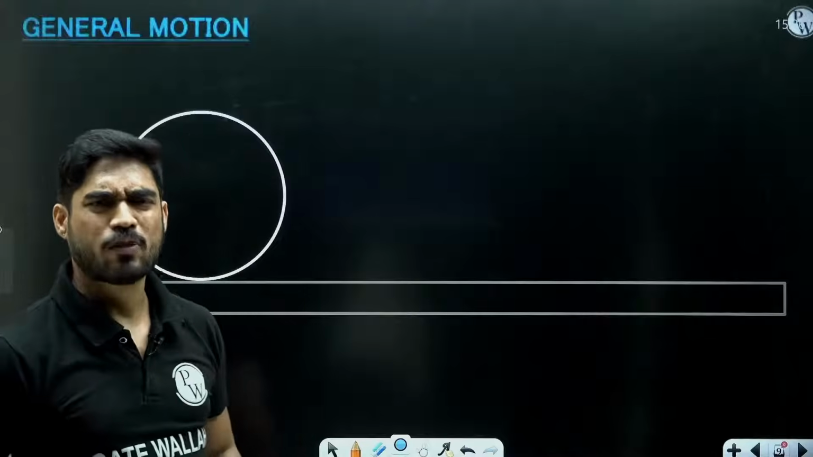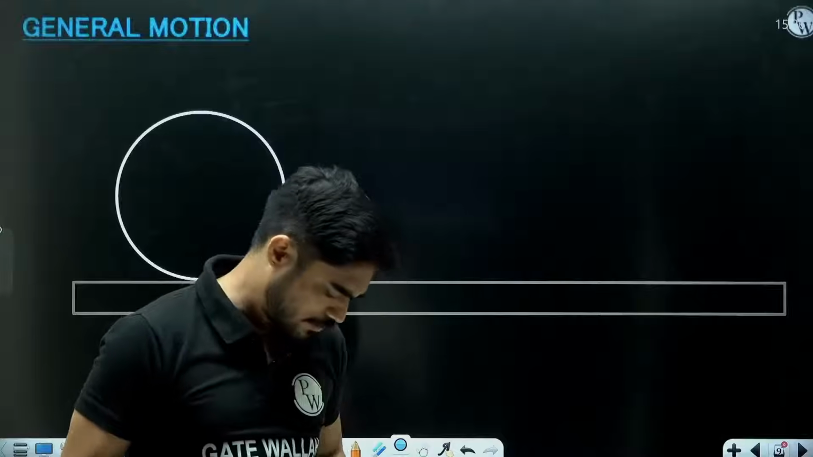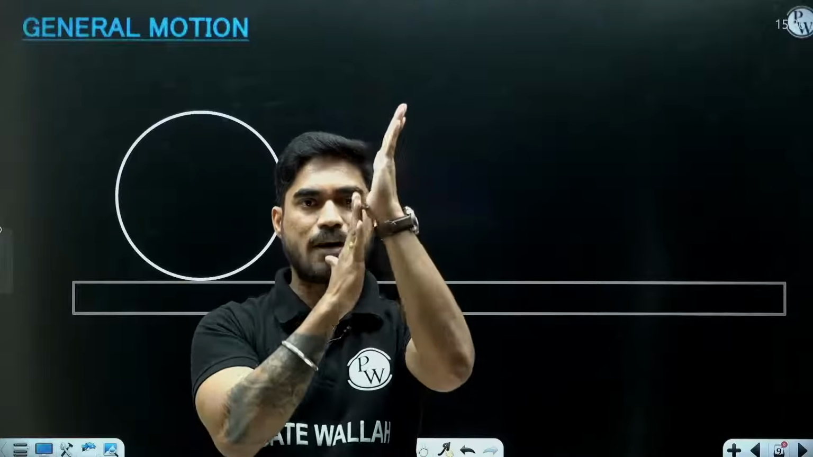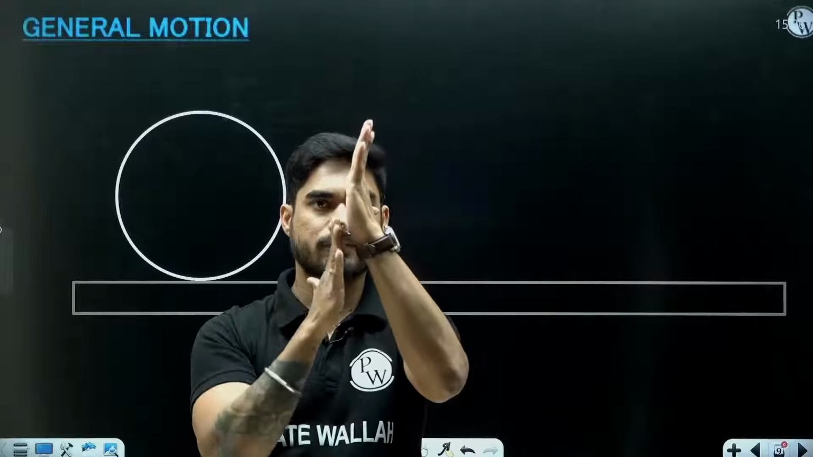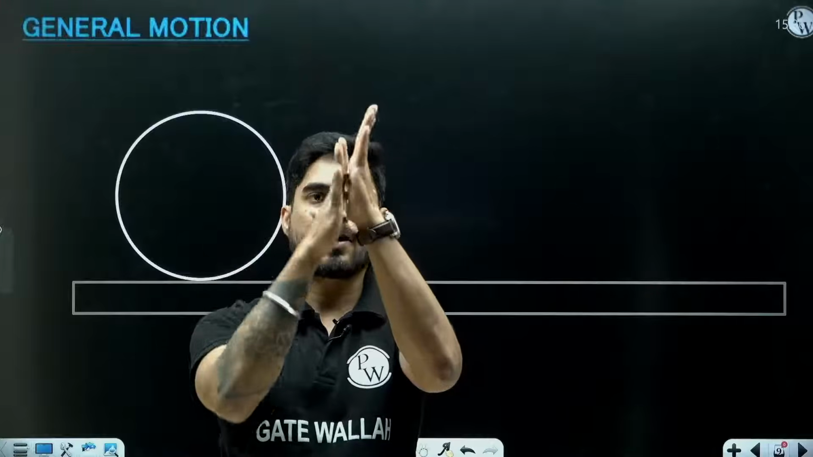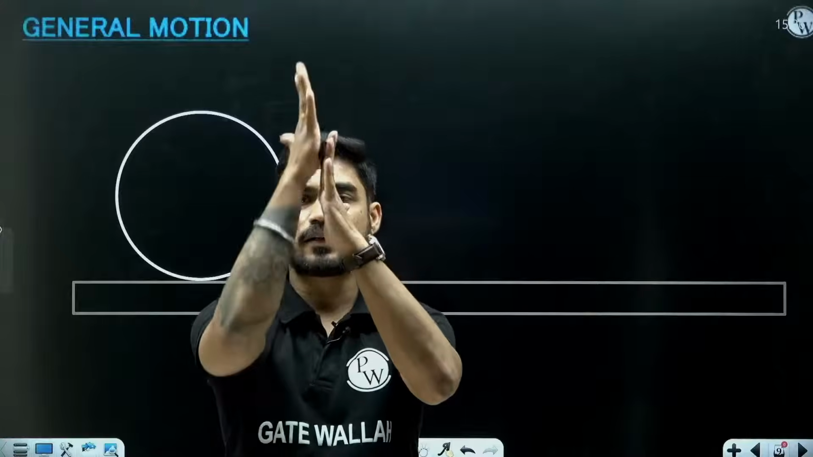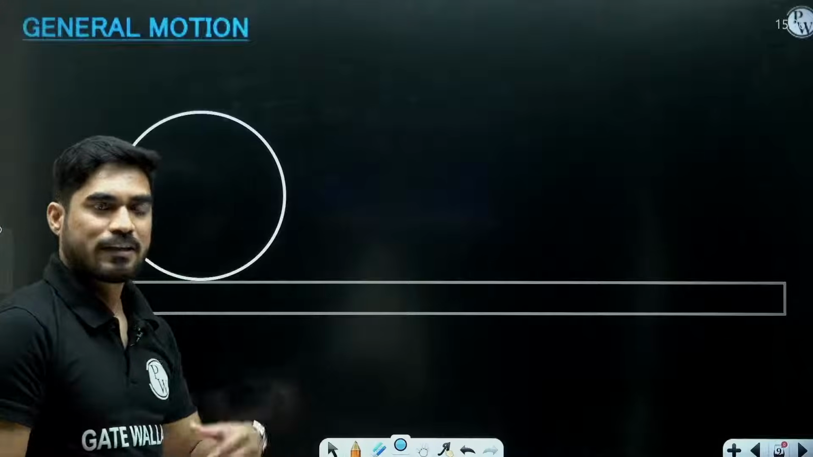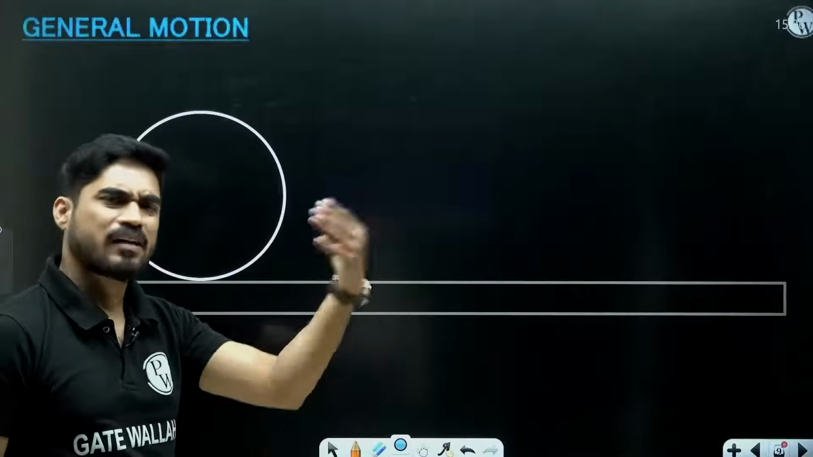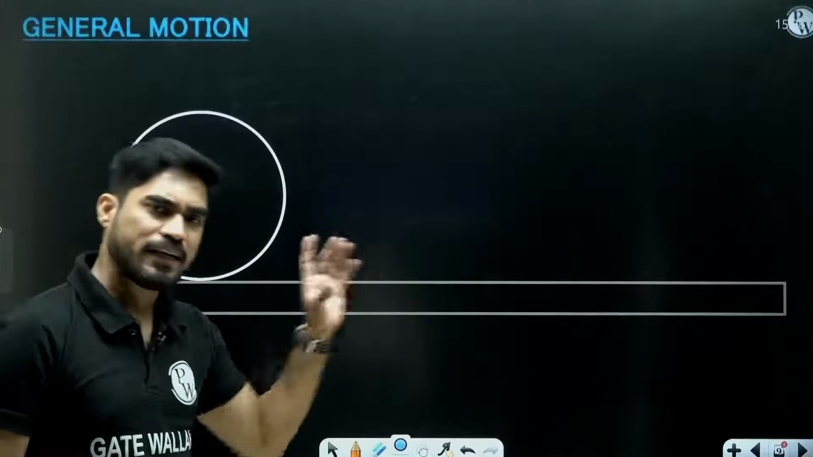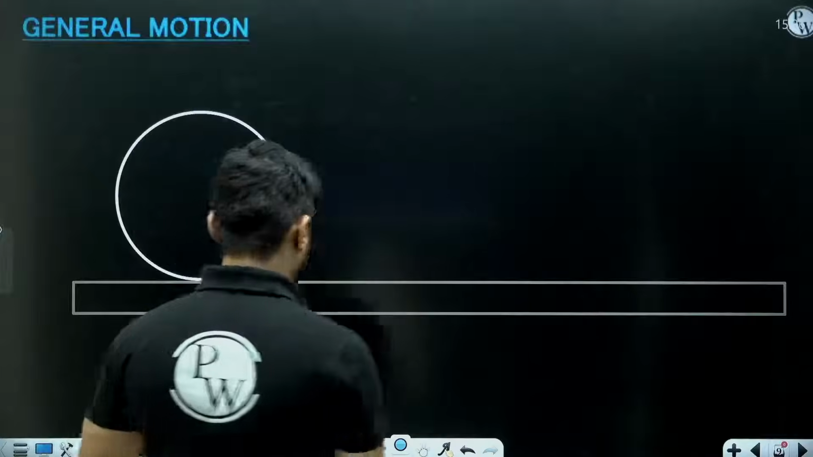What do we mean by rolling without slipping? Look at this. This is rolling without slipping. Can you see? It is rolling on my hand. This pen is rolling on my hand and it is not slipping. So when the wheel of an automobile, a bike or a car moves on a flat road, it is rolling without slipping. So let's say it moved